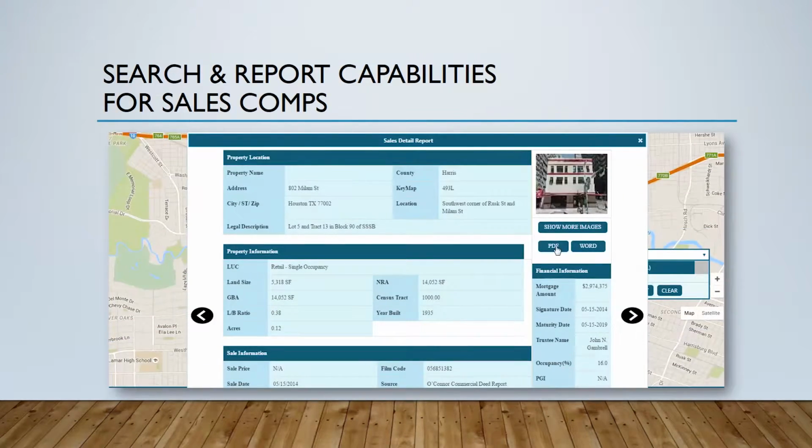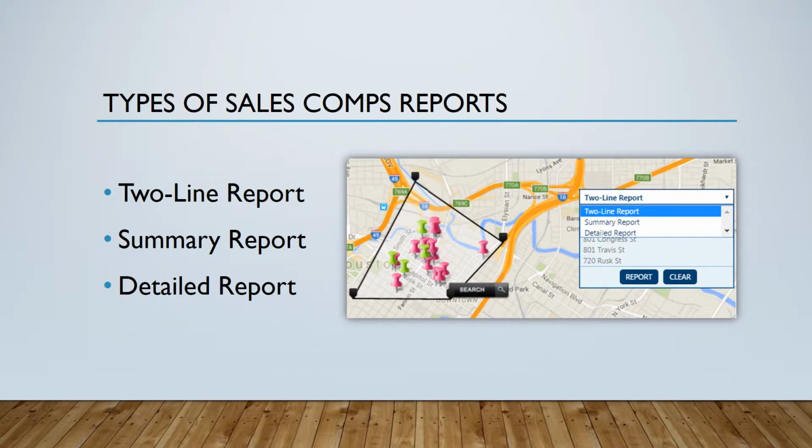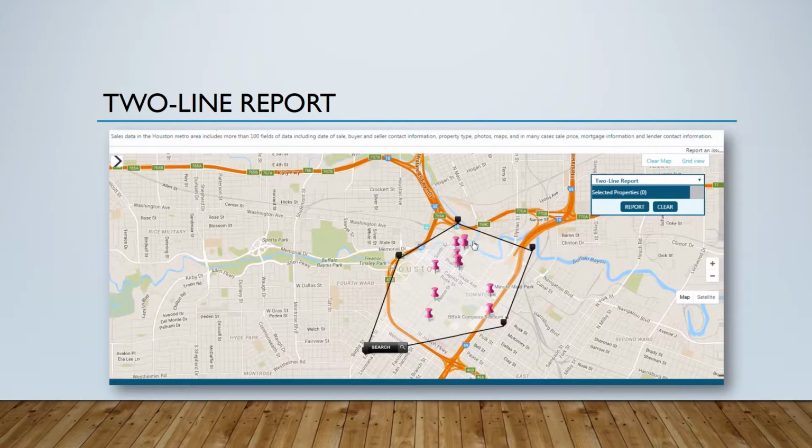There are 3 types of reports to run in sales comps. Properties for sale and sales comps have the same 3 reports. The following videos will only go over the sales comp section since the search functions work the same. To run reports on retail sales,